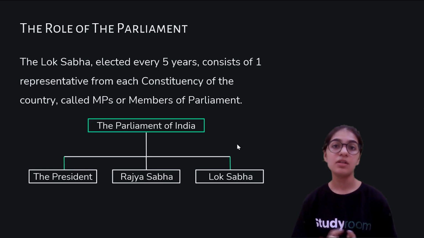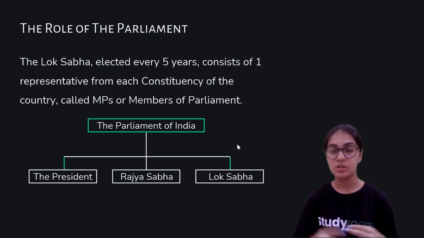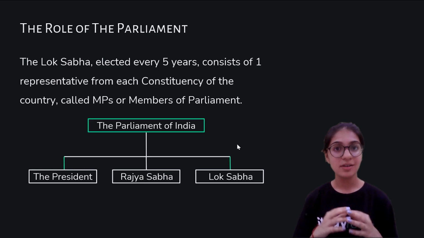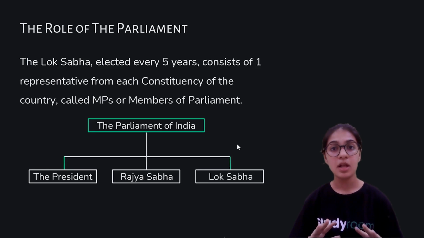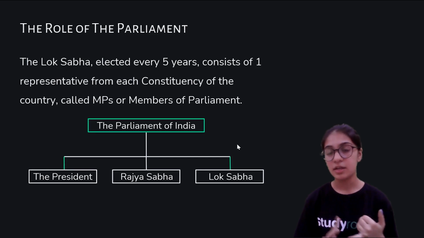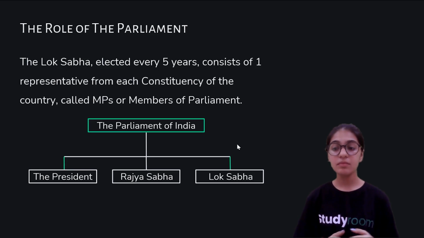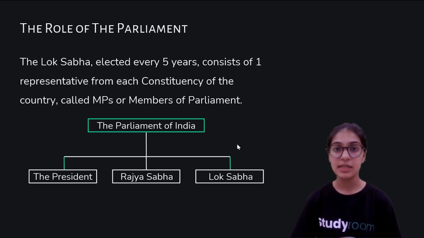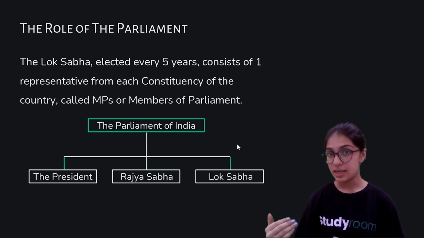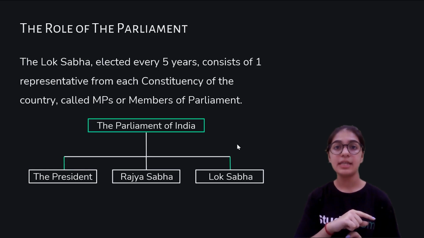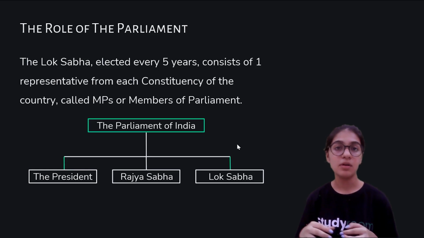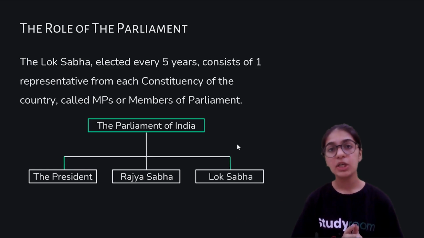Now let's assume that there are three ruling parties in the country right now: the Aam Aadmi Party, Congress and Bharatiya Janata Party. It's not the exact true figure. There are more than three, but to make the example simpler, we are assuming three parties. So there are different seats for different states, and the total of the seats of all the states comes up to 543.